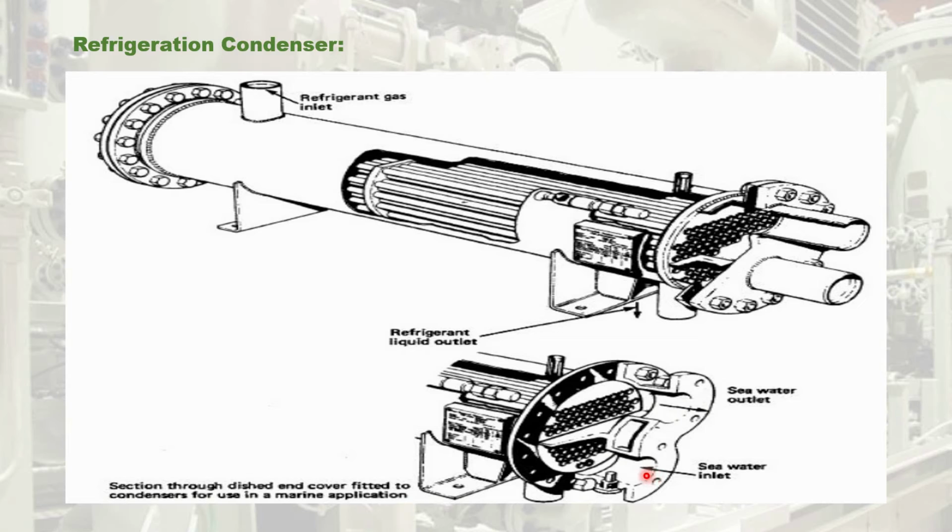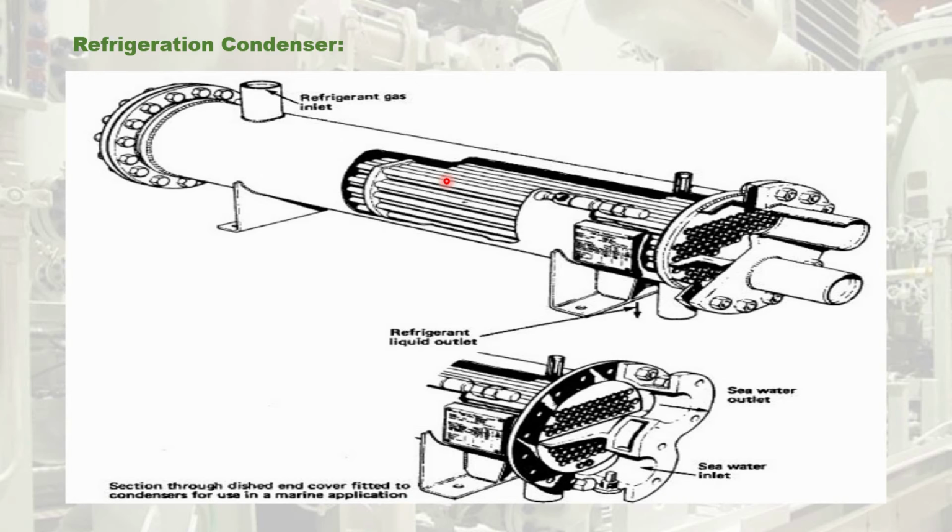The seawater is given at the inlet and flows inside the tubes. When the seawater flows inside the tubes, in parallel, the refrigerant issued from the compressor will be in contact with these tubes. When the hot refrigerant is in contact with these seawater cooling tubes, the heat is taken